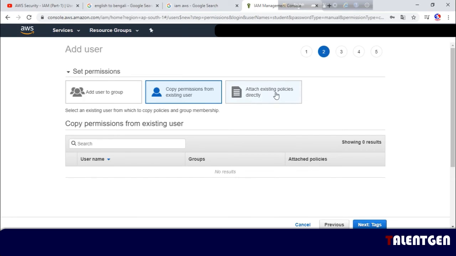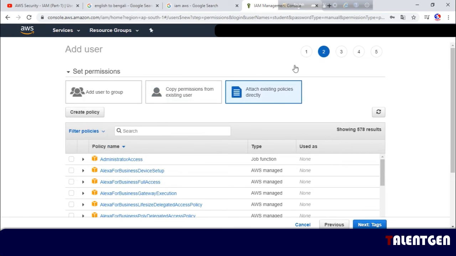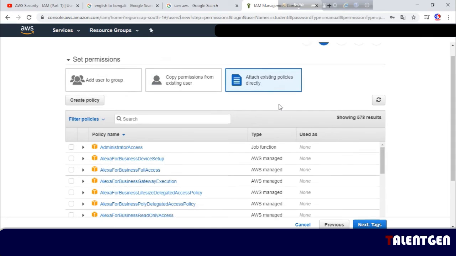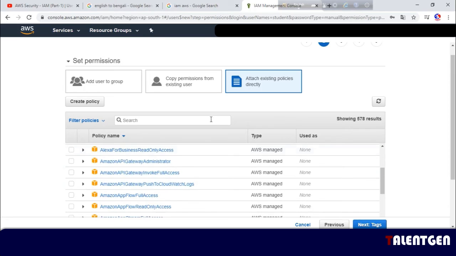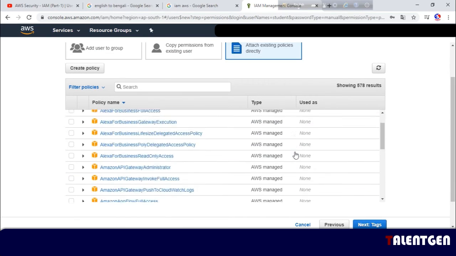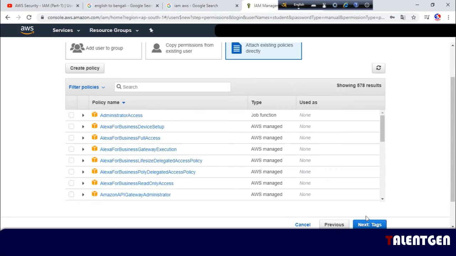Number 3 is attach existing policies directly, which means AWS has already created some default service policies related to its services. So now we don't select these options.